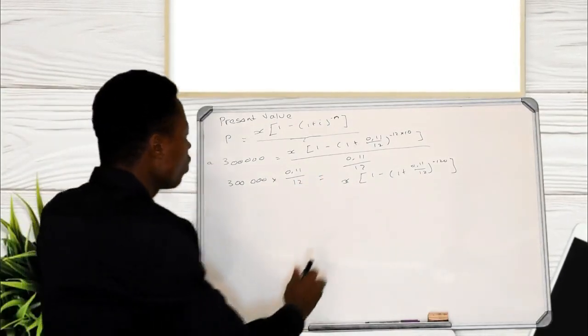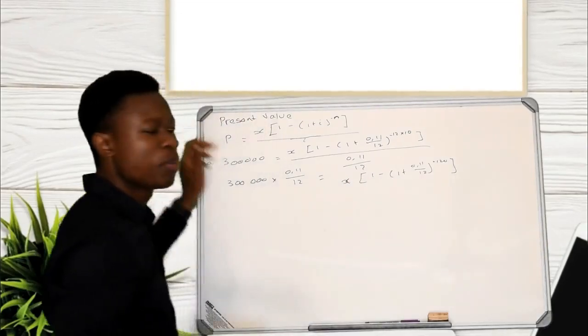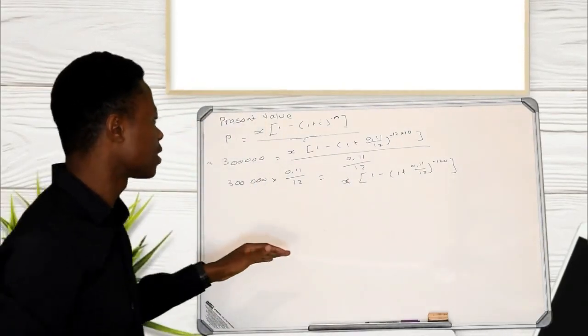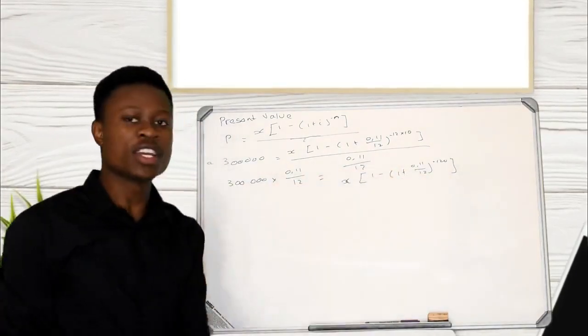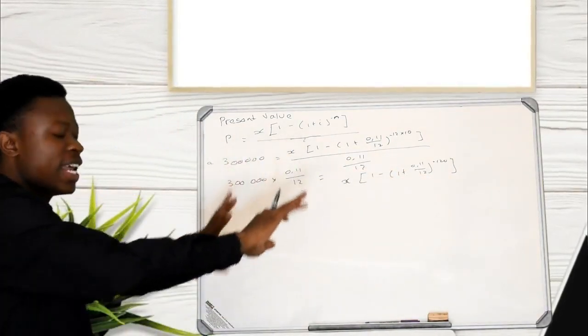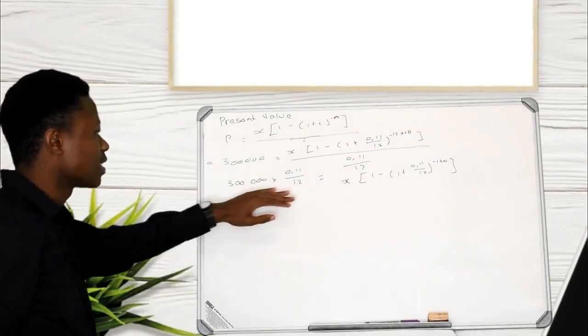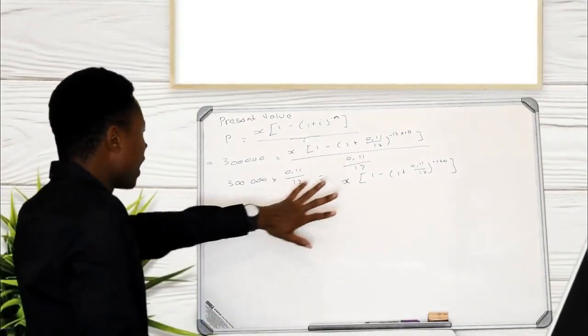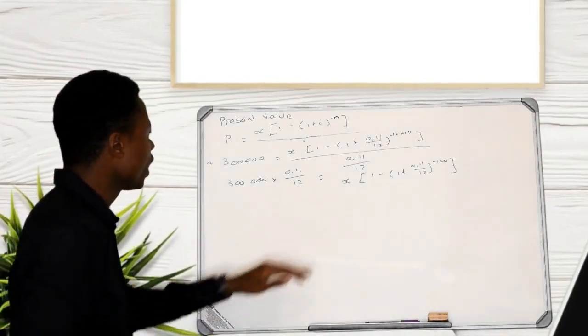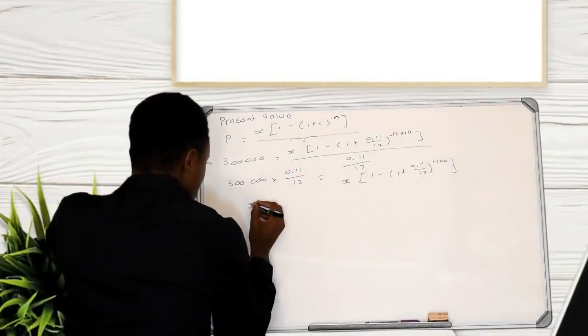So how do I get x to be by himself? I divide both sides by this whole thing. Don't calculate this and then calculate that and then divide. No. Put this whole thing in your calculator. So my whole thing will be x is equal to